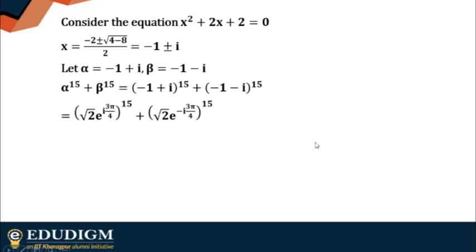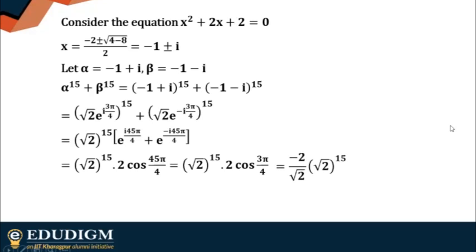So then to the power 15. This is what we have done here: root 2 whole to the power 15 and then taken the rest of the things in the bracket. As you know, what is e to the power i theta? It is cos theta plus i sine theta. That's how you represent it. So if you take e to the power i theta and e to the power minus i theta, the i sine theta terms will get cancelled and you will be left with only the cos part. I think the rest will be pretty simple, as you can just calculate what cos 15 pi by 4 will be.